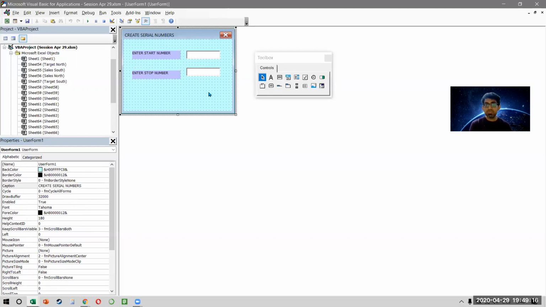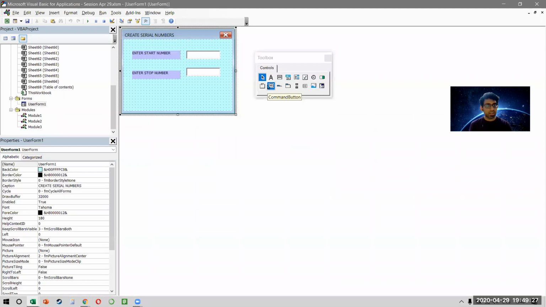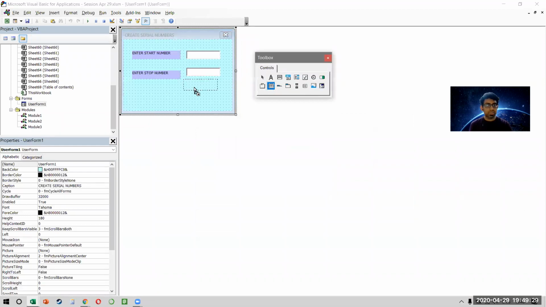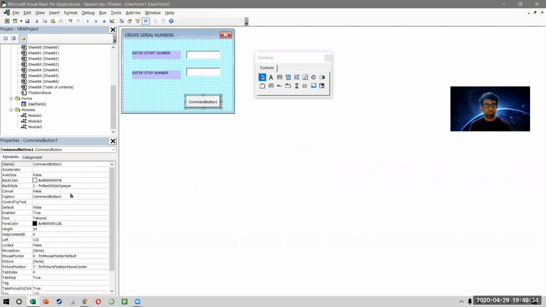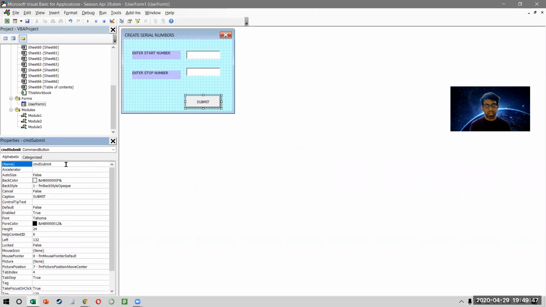But then how do you run this? Earlier we were pressing F5, but now you need something. If I open the form, the user can put 5 and 10, but then how does he confirm that input? We need a submit button. So we also have to create a command button. It's called a command button here, like this, and I'll call this submit. And then I'll change the name. Like text box is txt, I'm writing CMD. I'm saying CMD submit.